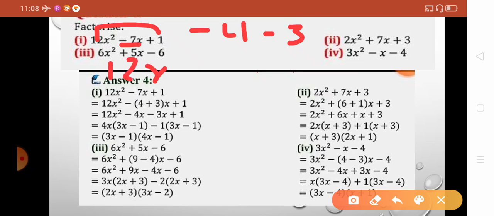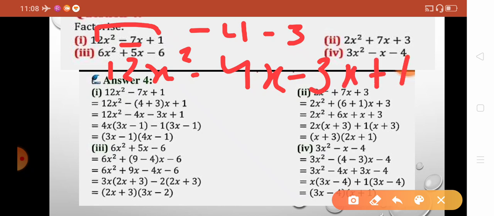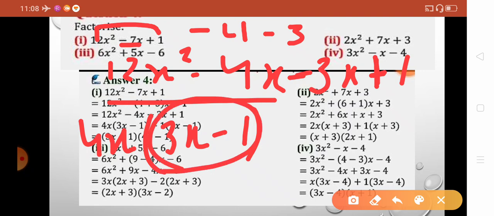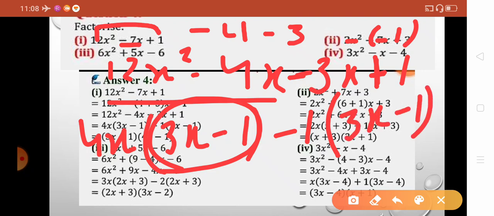So 12x square minus 4x minus 3x plus 1. From here we will take 4x as common, so here we will be left with 3x, here we will be left with 1. Here minus is there, here plus is there, and in this minus is there in between these two. That means this plus can be written as minus minus 1. So we will take minus common, minus 1. Here we will be left with 3x, here we will be left with minus 1. So 3x minus 1, 3x minus 1, in both these we will take them out, 3x minus 1,